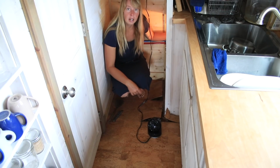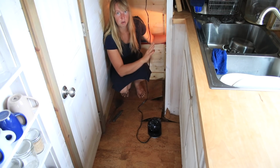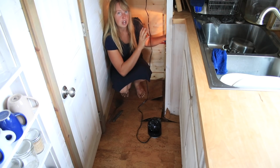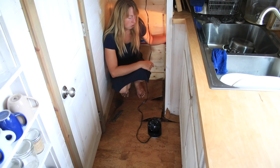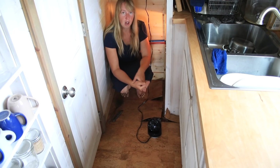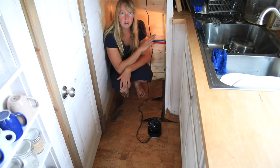If you are building a tiny house from scratch right now, and you're going to do something like this, which almost all of them do, put all your water appliance stuff in a fairly inaccessible corner, which is part of the nature of having a small space, it would probably be a wise idea to, right down at the base, put basically a tub pan, like the base for a shower, so that if down the road you ever get